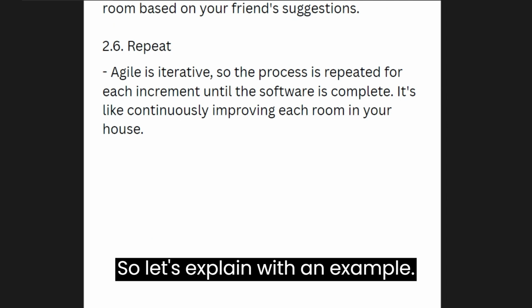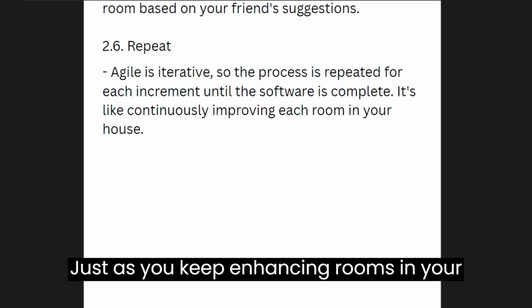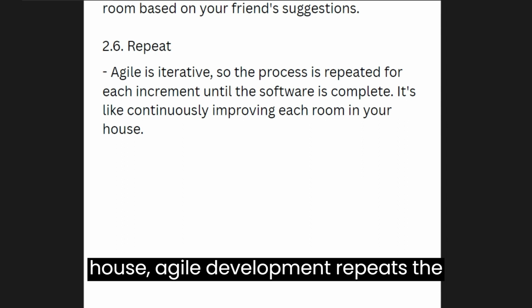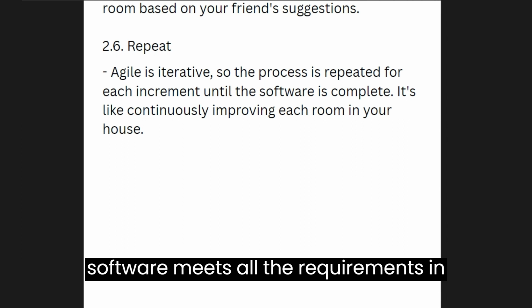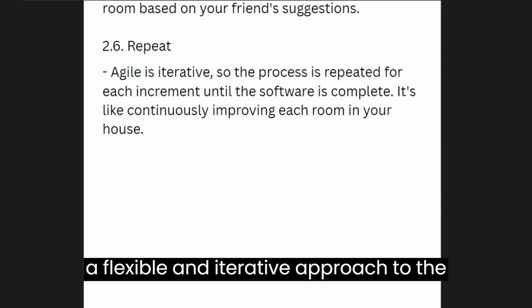So let's explain with an example. Just as you keep enhancing rooms in your house, Agile development repeats the process for each increment until the software meets all the requirements. In the final conclusion, the Agile model is a flexible and iterative approach to software